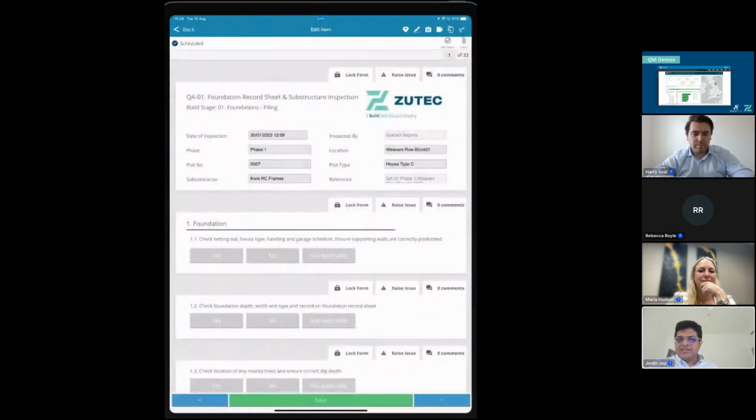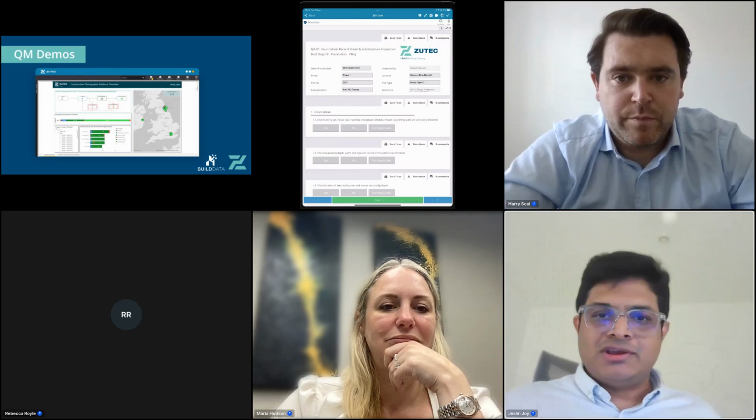So what you can see here is you are minimizing the level of data input that is required on construction site. We are pre-populating this information. As soon as you're going into plot 7, what you're seeing here is,